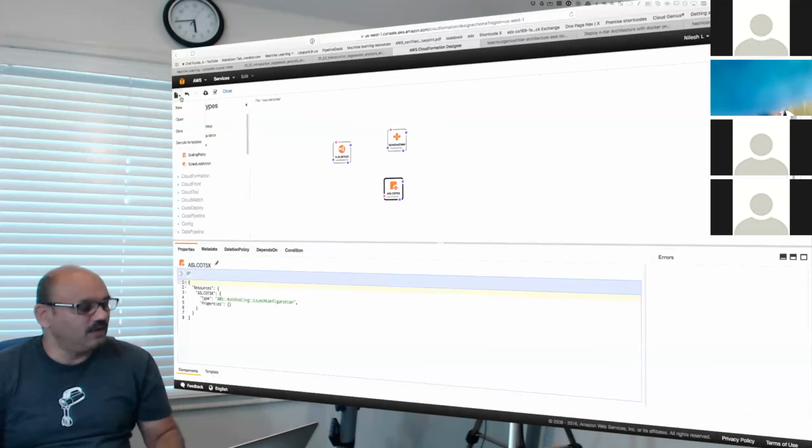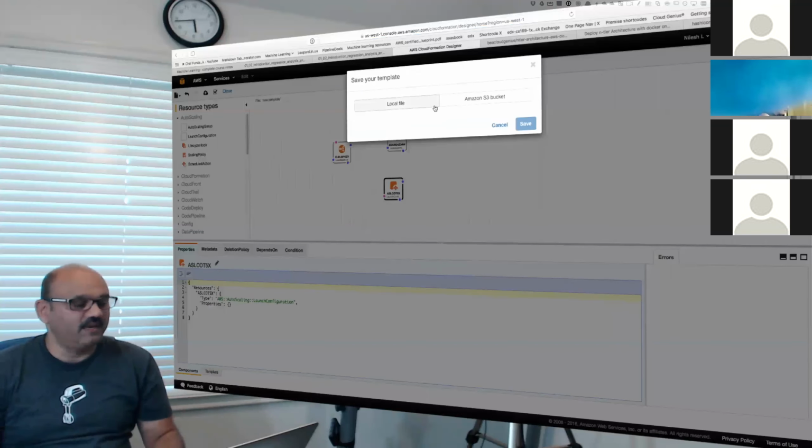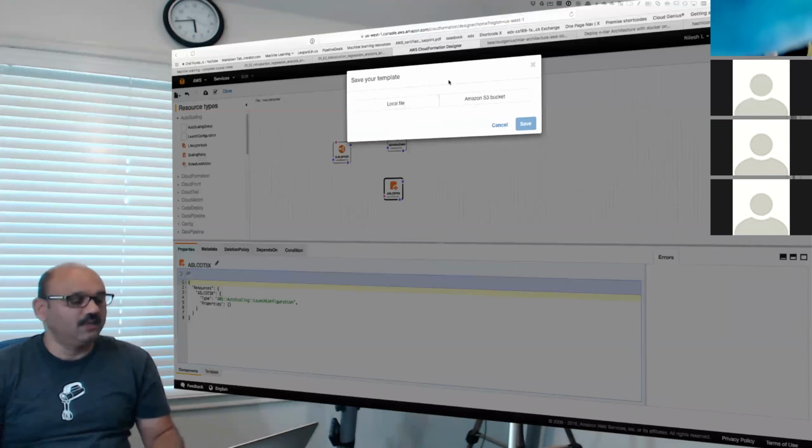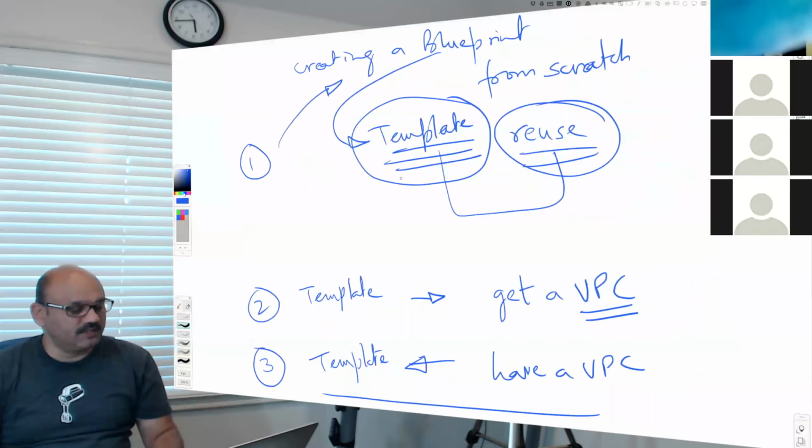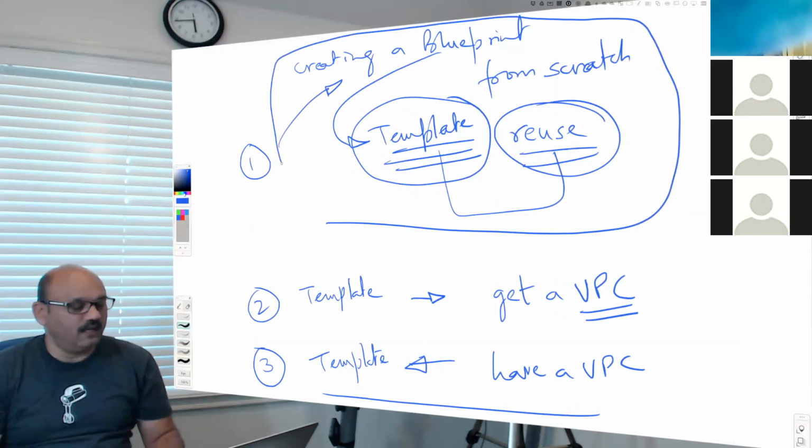Then you do a file, save template, and then you save it like that. Pretty much like a visual editor tool where you save it in your local file system, in your local laptop or desktop, or you can save your template in a bucket in S3. Either way works. So that was this scenario, where you're manually drawing, illustrating, and then creating a template from scratch.